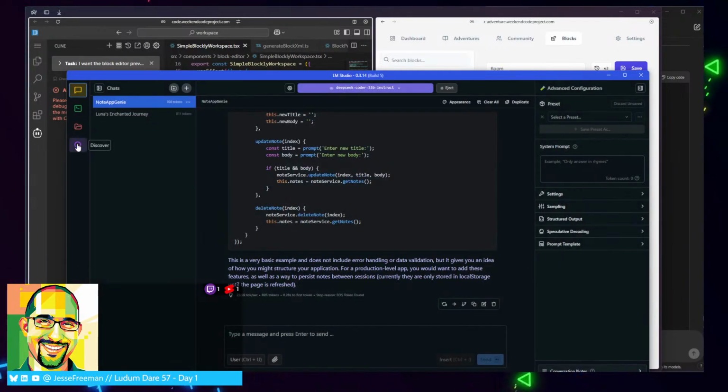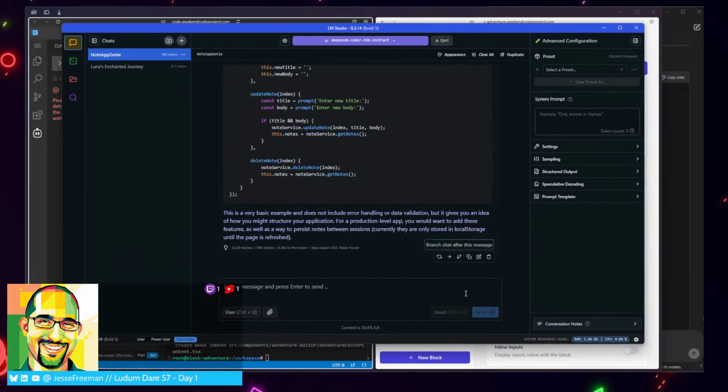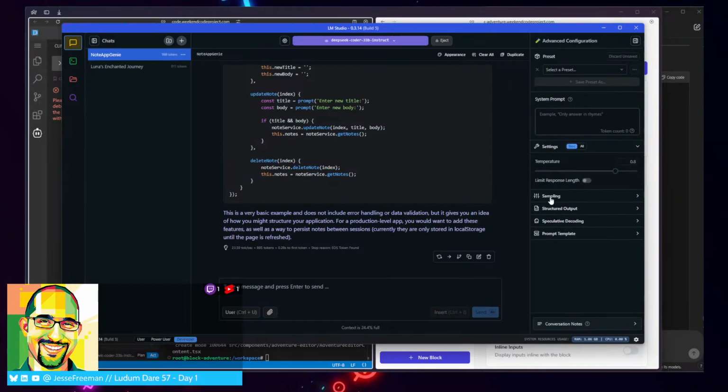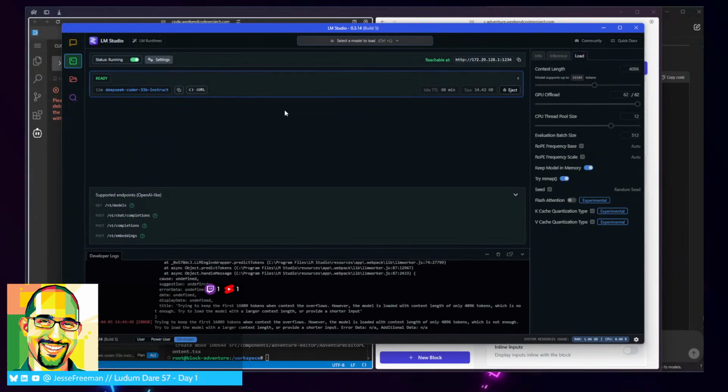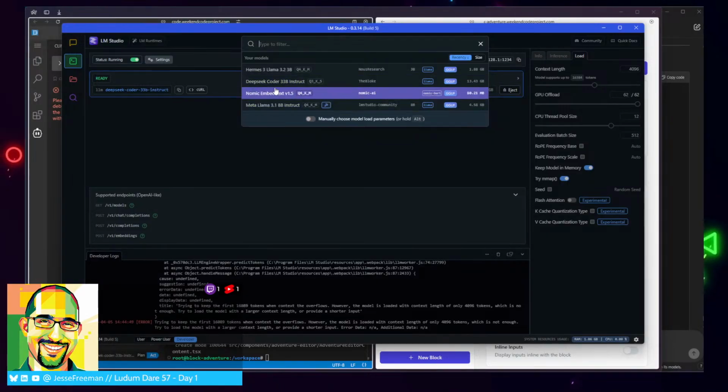Wait, it's already loaded. So, where do I set up the server thing? Settings. Developer, right. Select the model to load. I want